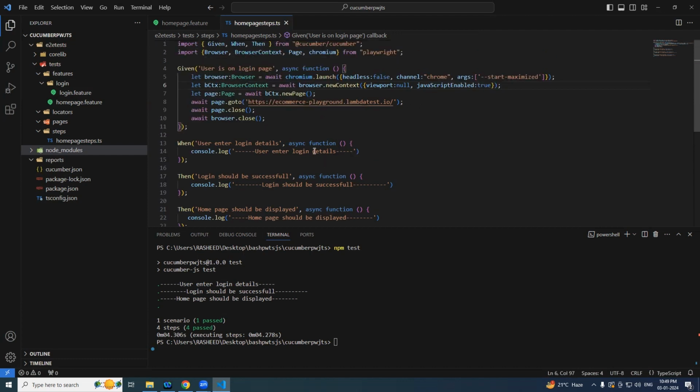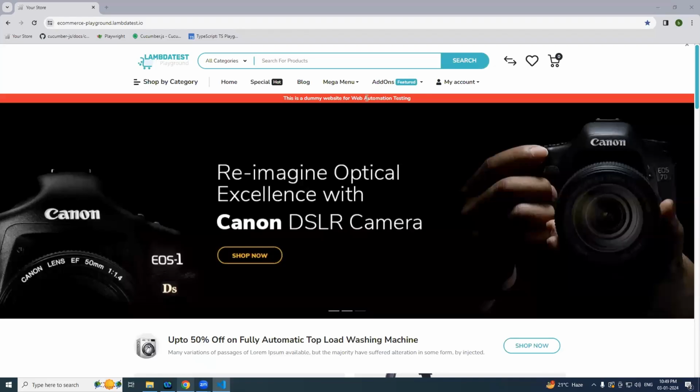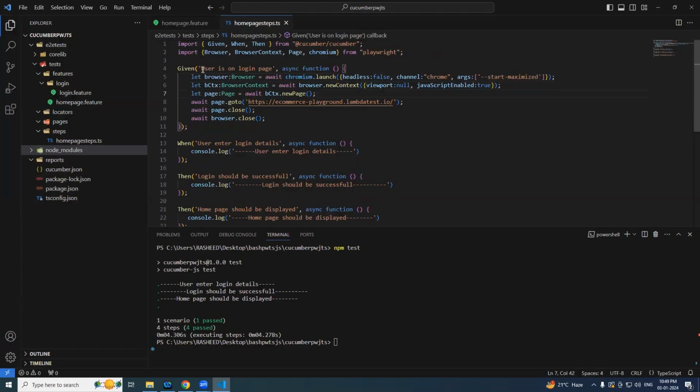Now we'll add every code in this first, user is on login page only. Okay, let's leave this blank as of now, and after that we will stabilize it. So going to this page,